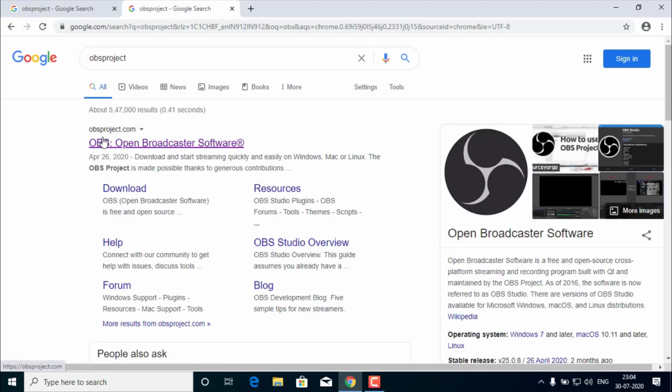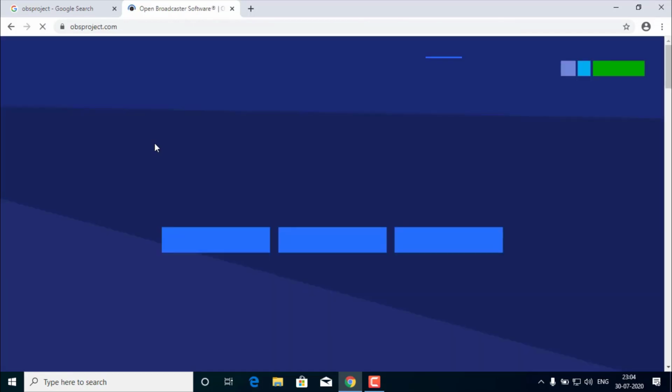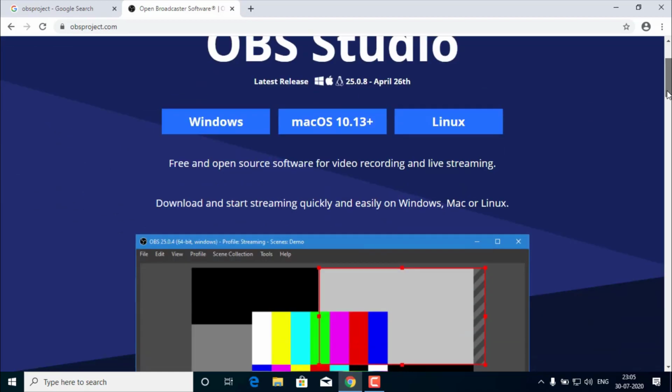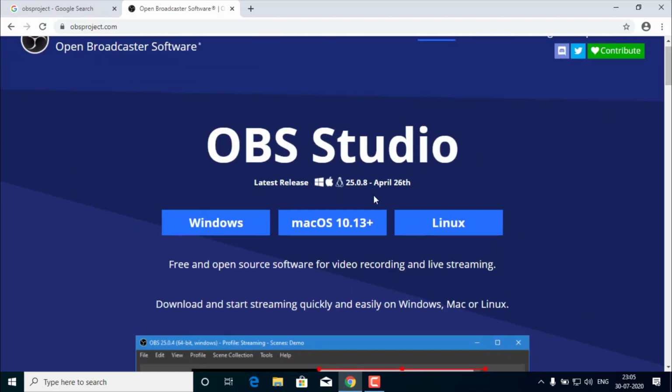The first one, obsproject.com, is the official website for OBS. Here OBS for various operating systems are shown. I am using Windows, that's why I have to select Windows.